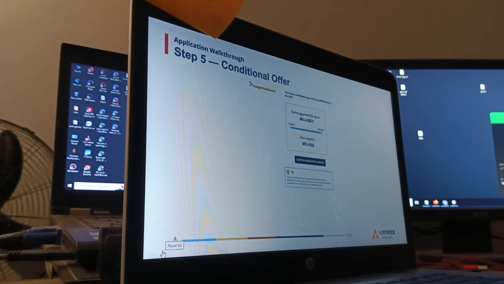The maximum you can apply per semester is $50,000 US,